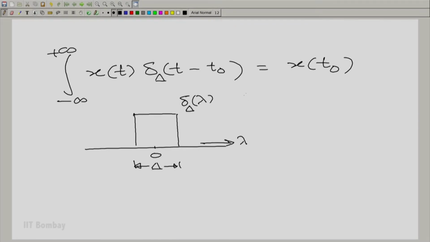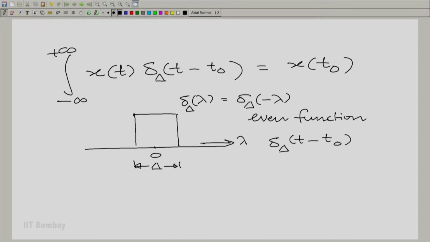So, Delta(lambda) is equal to Delta(minus lambda). So, it is an even function of lambda, and therefore, we said that Delta(t minus t0) is equal to Delta(t0 minus t),